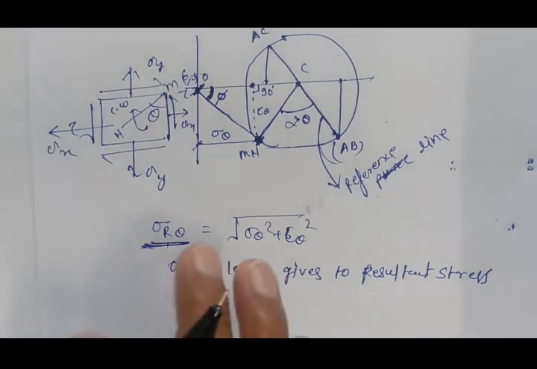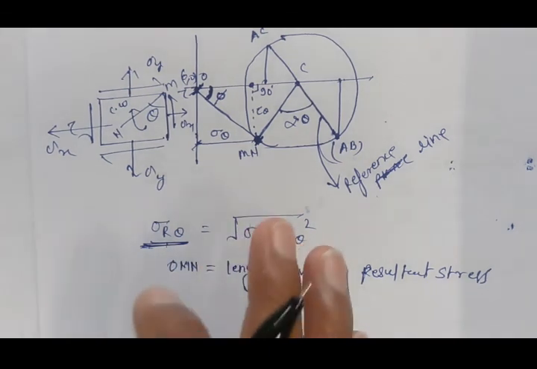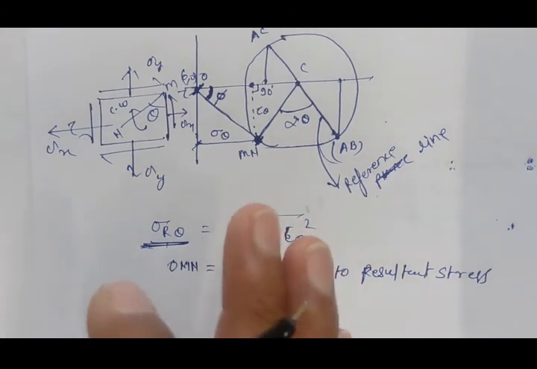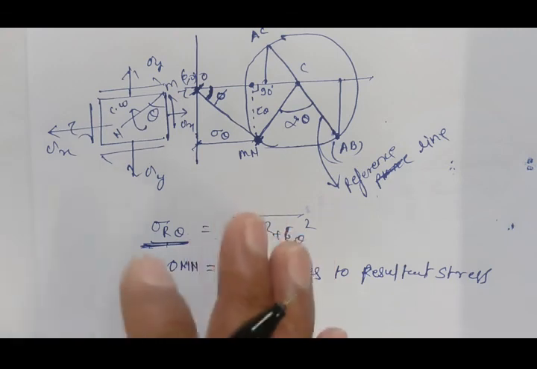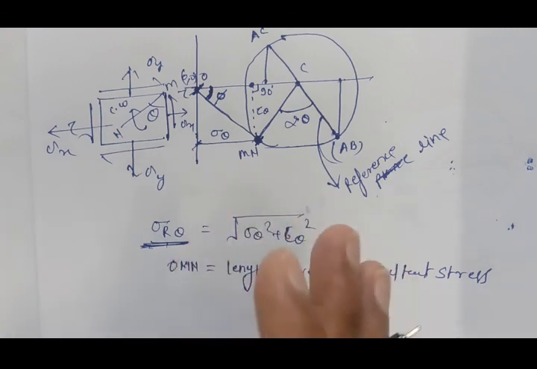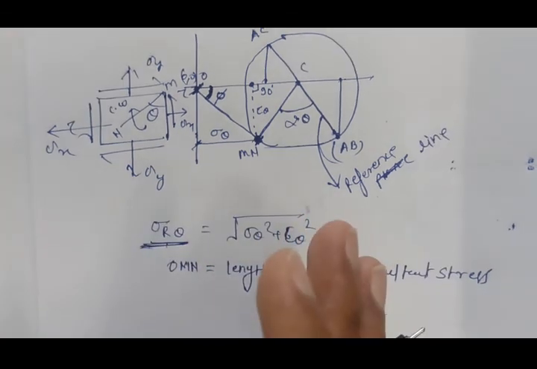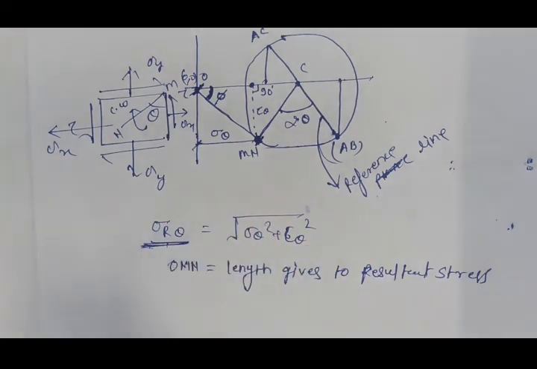So here we have discussed the principal stresses, principal planes, maximum shear stress on the tau max plane, and the sigma theta and tau theta values in the oblique plane. Then, how to find the normal stress? You can find the normal